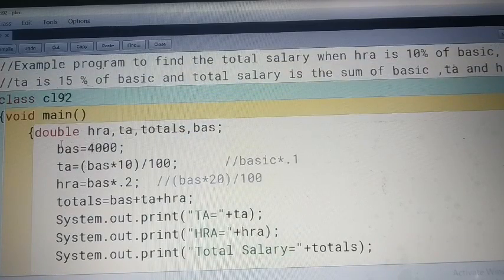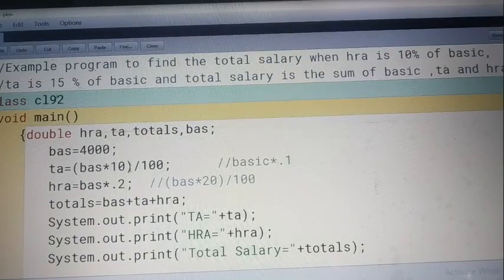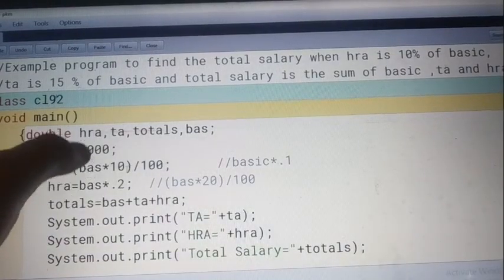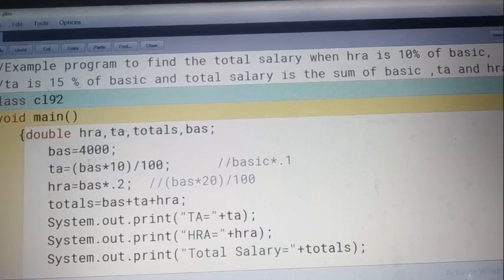See, we have taken a basic salary, and on the basis of that, the system will call your basic salary 4,000 here. After calling 4,000, 10% will be calculated this way, and that will be the traveling expense. So what will be the 10%?